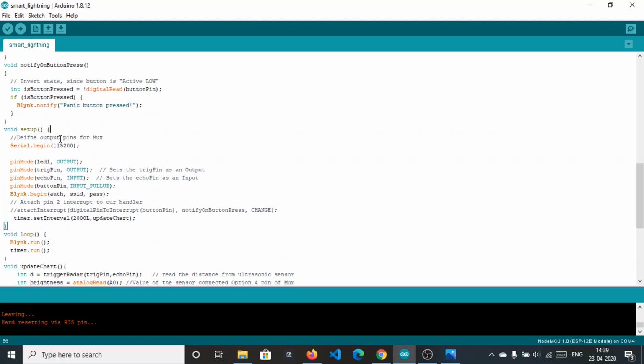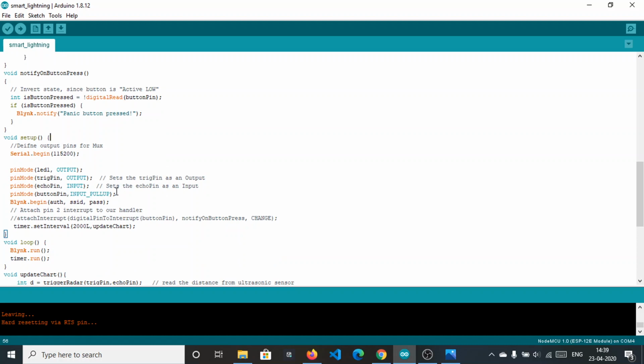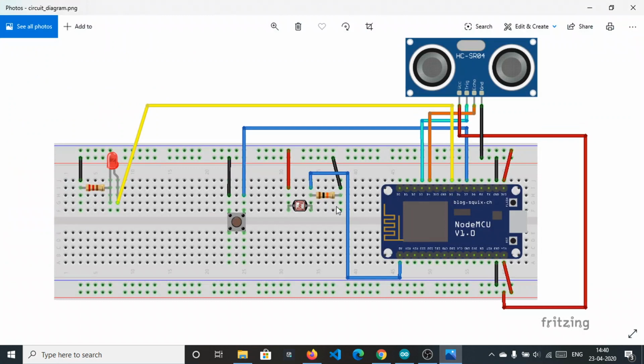setup function. So in the setup function we are defining the pins which are output and which are input. So LED is certainly output, trigger and echo are the ultrasonic pins. One is trigger, which is output, echo is input. The button pin we are using here is input pull up. Why is it input pull up? Let's see the circuit diagram. Because we are using it with D7, and one end is with D7 and one end with ground.